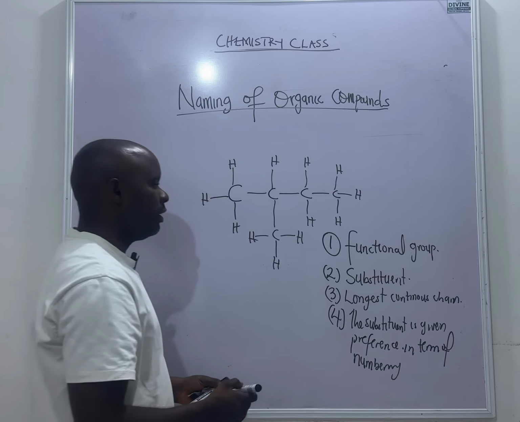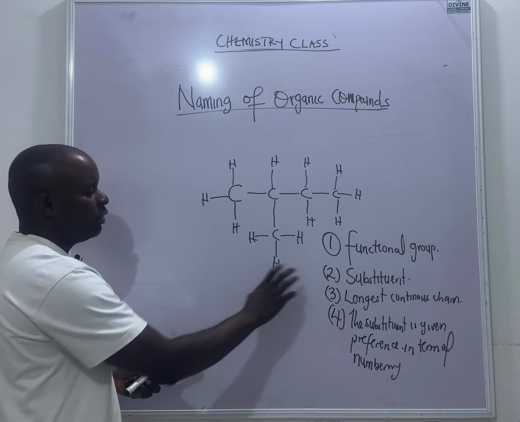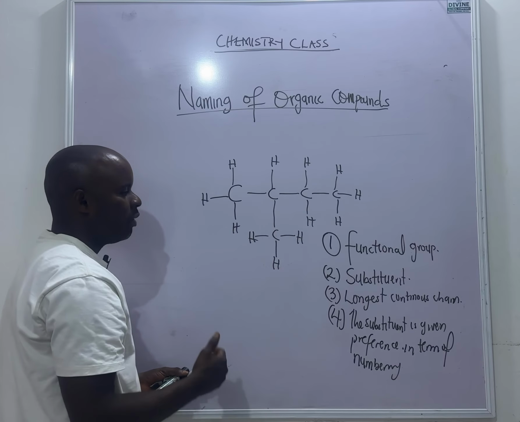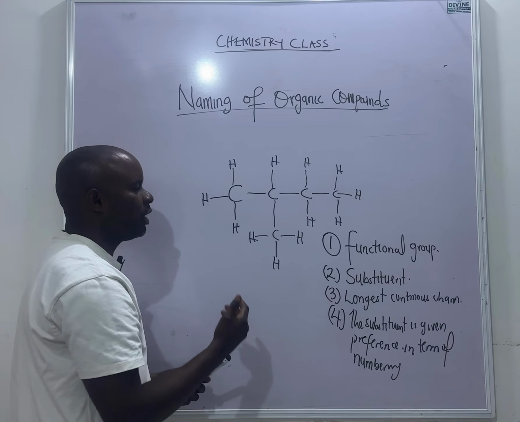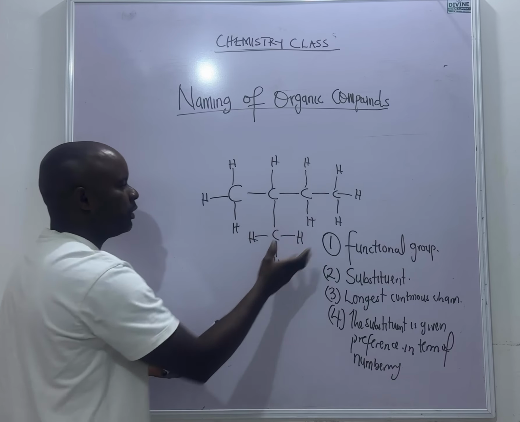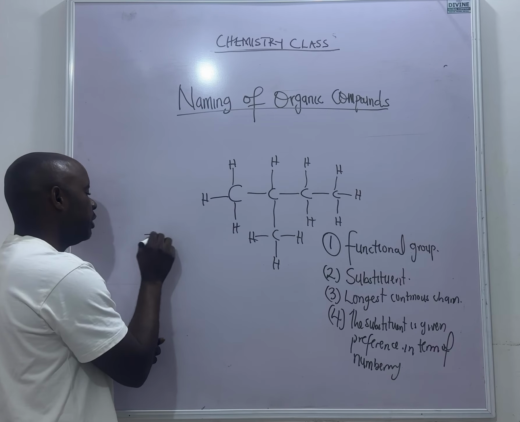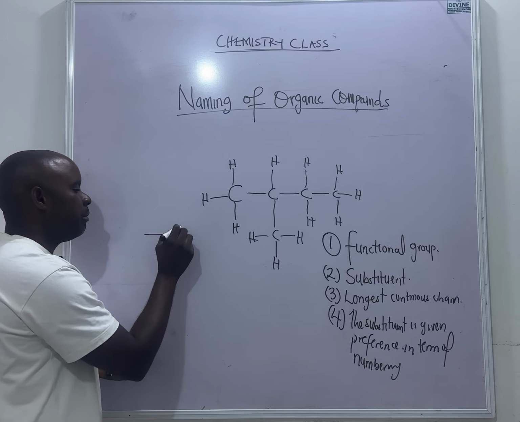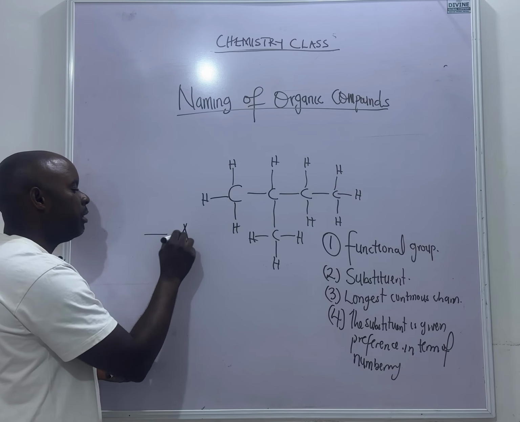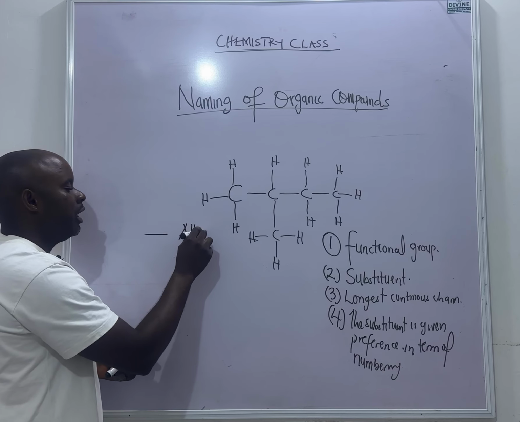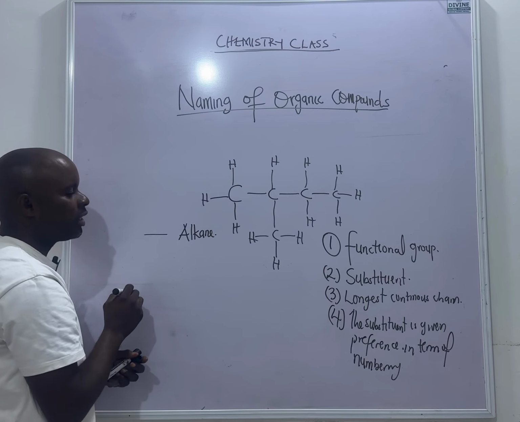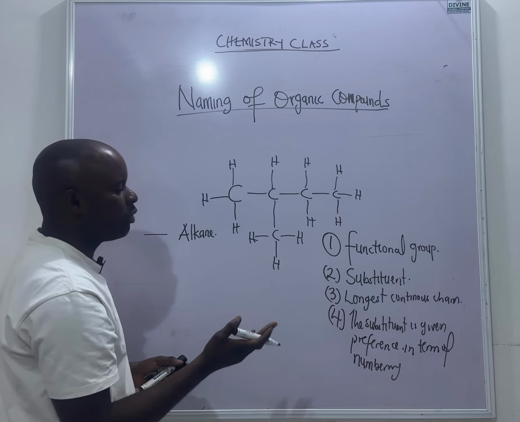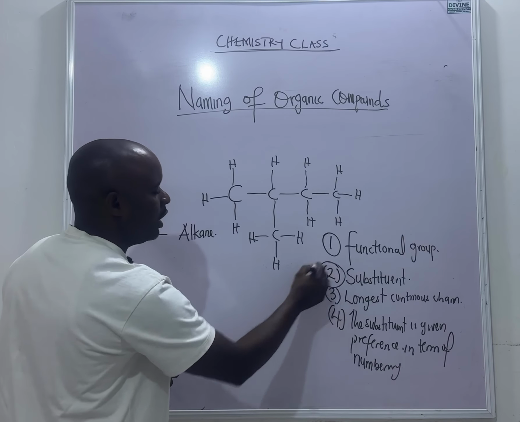So that is to say, in this aspect now, let's use this analogy to explain this structural formula. We said one of them, we must identify the functional group. So if you check this compound, it contains a single bond. And from our previous lesson, any organic compound that contains a single bond is from a family known as the alkane family. So we must identify the substituent as well. So from there, we must know the longest continuous chain before we can know the substituent that is involved in